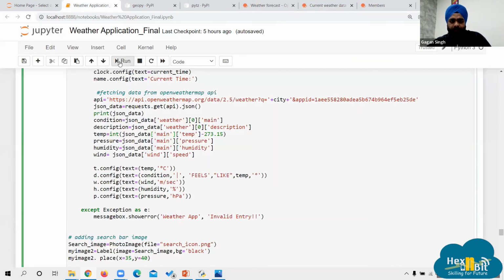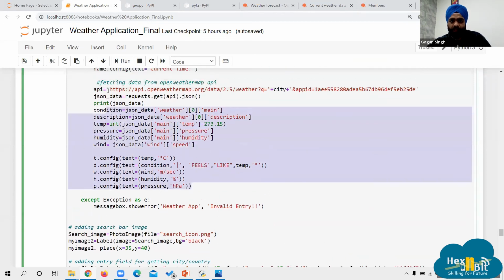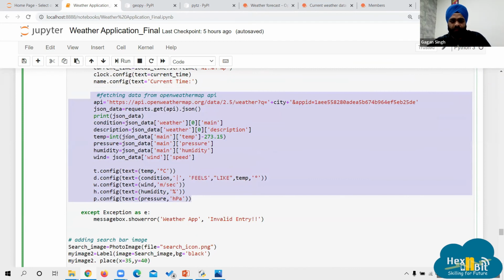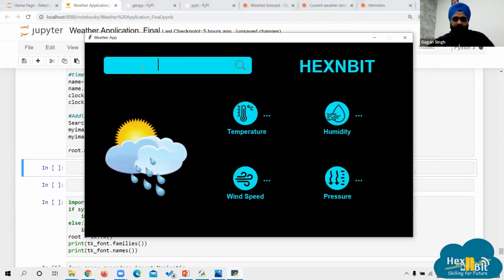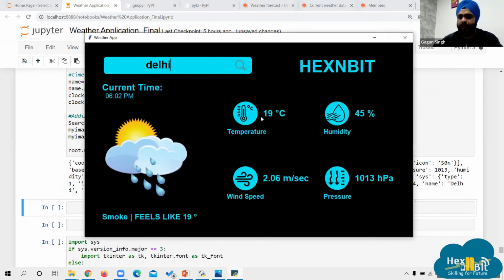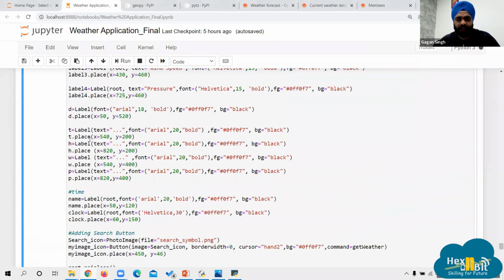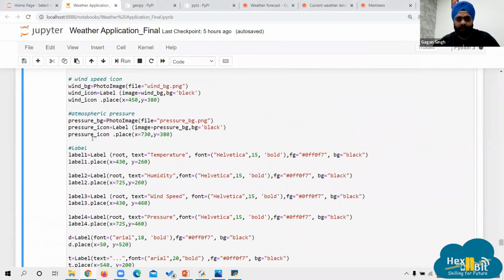Now if I run it, the rest of the code is the same, no other changes, just this much is to be newly added. If I write Delhi, you can see 19 degree temperature, humidity 45, 2.06 wind speed, and 1013 is the atmospheric pressure. Here you can see this is printing. If you comment out the print of the JSON data, it will not print it.